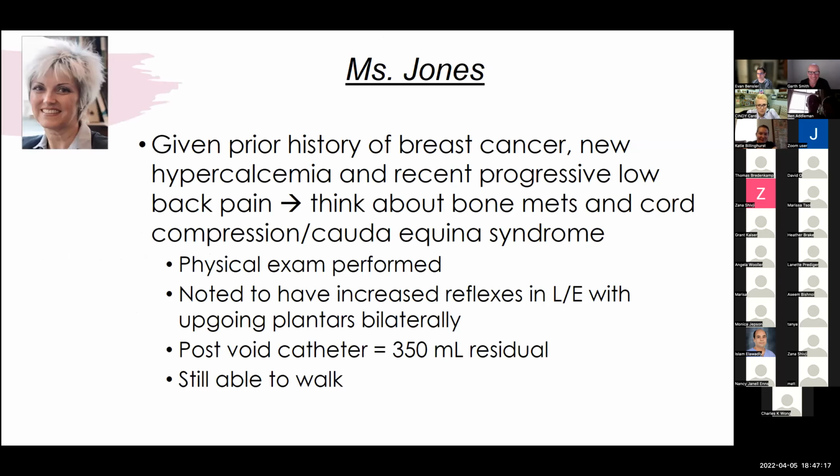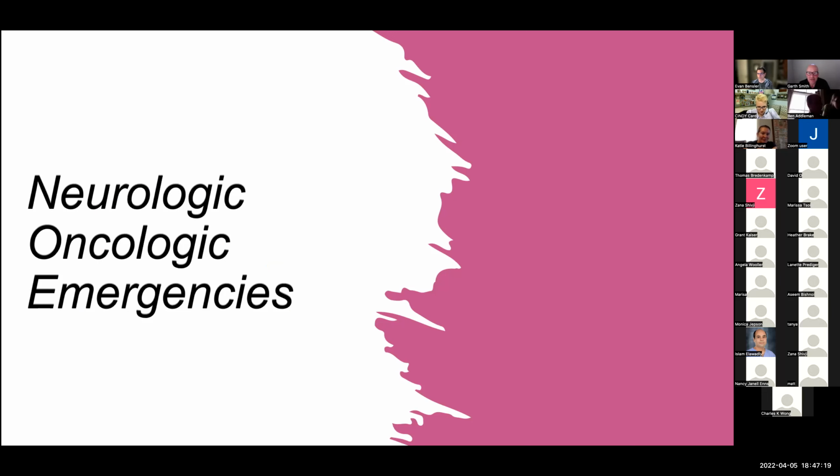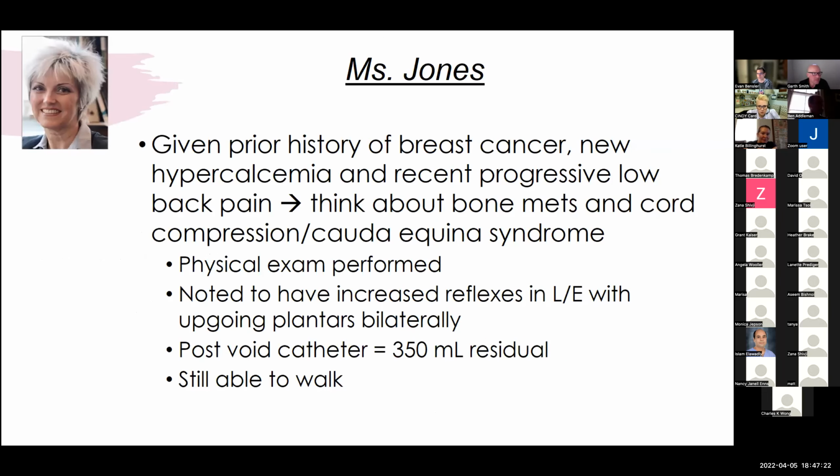Okay, so now we're going to talk about neurological oncological emergencies. So we're going to come back to Miss Jones. She's a lady who presented with hypercalcemia, and she also had this 3-week history of back pain. Given her prior history of breast cancer, new hypercalcemia, and recent progressive low back pain, I'm going to think, does this lady have bone mets? And is there any reason that she may have a cord compression or cauda equina syndrome where we have to be doing something more quickly? So where she's being seen in urgent care, they do a physical exam, and they note